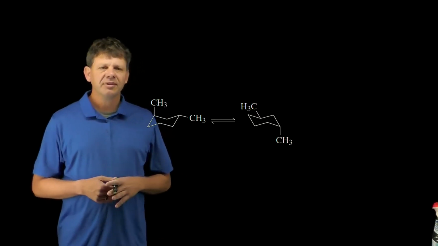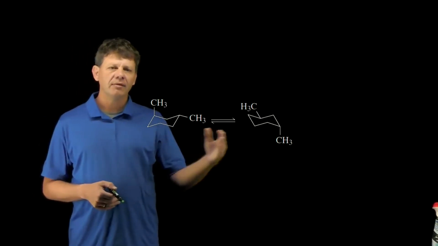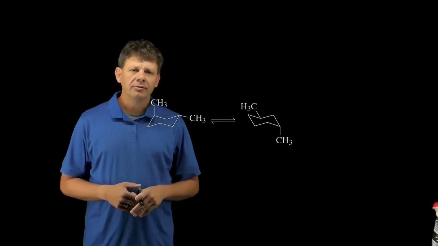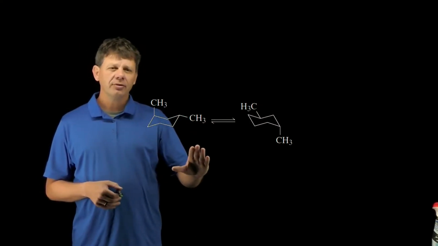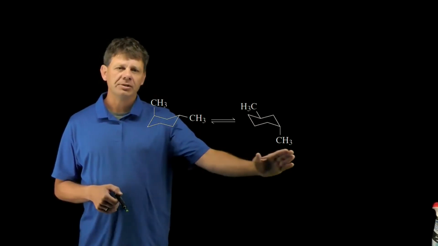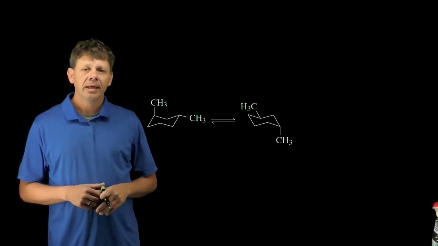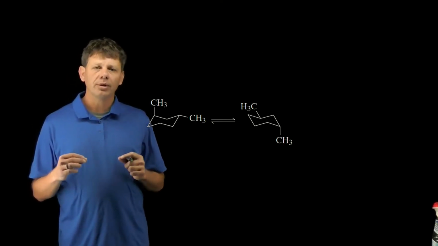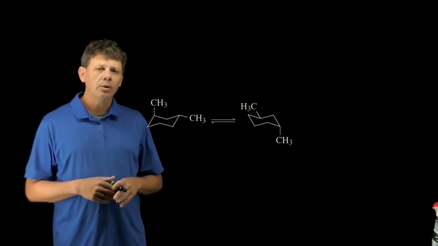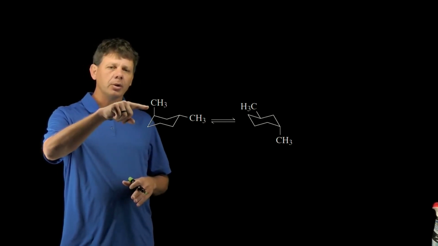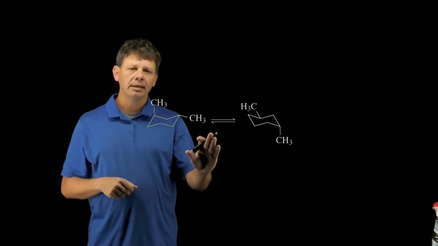This assessment asks us to consider which side of a hypothetical equilibrium is going to be favored. In this particular equilibrium, we're just interconverting between one chair conformation and the other. And so to make this distinction, we're going to try to minimize the number of axial substituents. What we notice looking at this is the molecule on the left has one axial methyl group and one equatorial